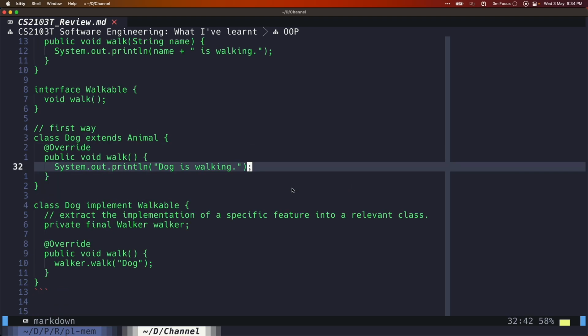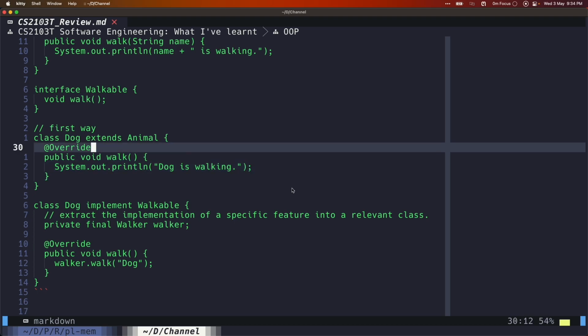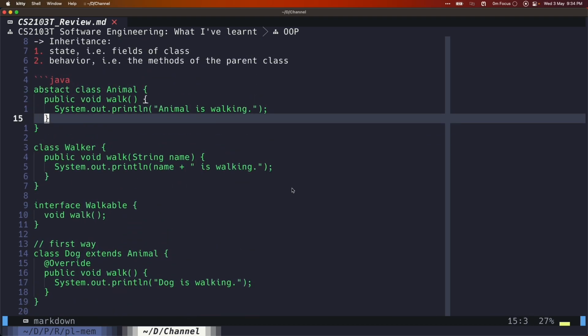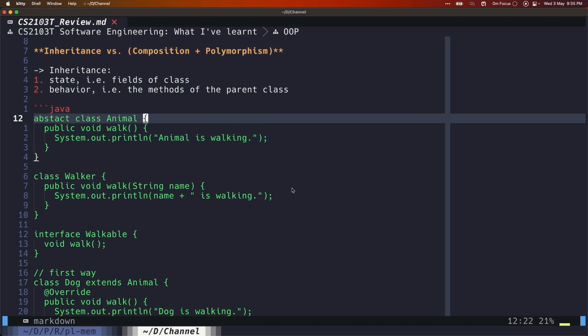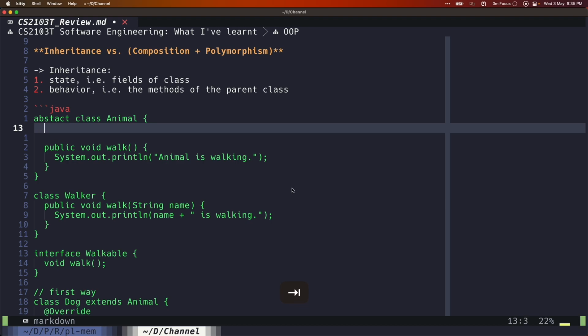Now this example may not be very nice. Let's just modify this example a bit, so I think I'll get my point across a little bit better. So basically, in the parent class, we want to know the type, right? So public String type.